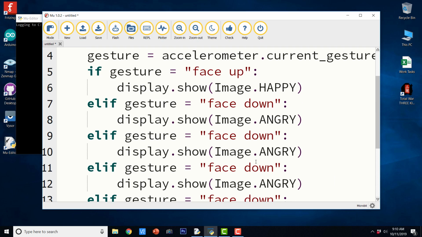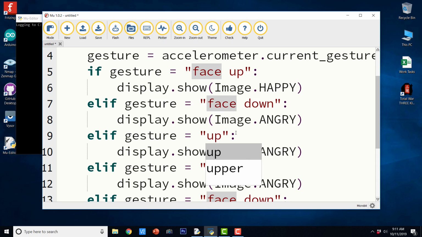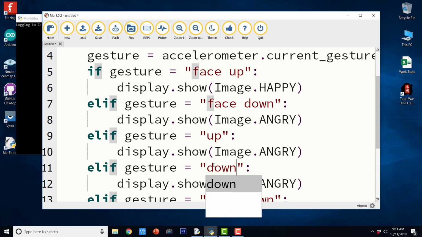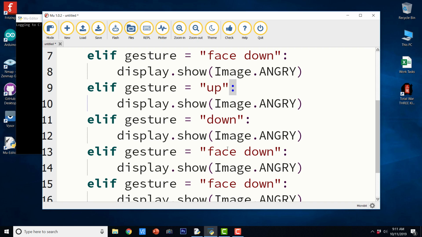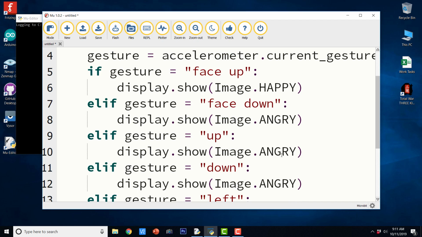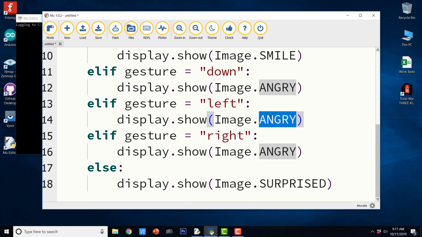So let us make modifications to all the other stuff. So let's say up and down. Up here and down. So these are all the conditions. So here let us say left and right. So it is happy, angry. Let us say smile, sad, and let us say confused.